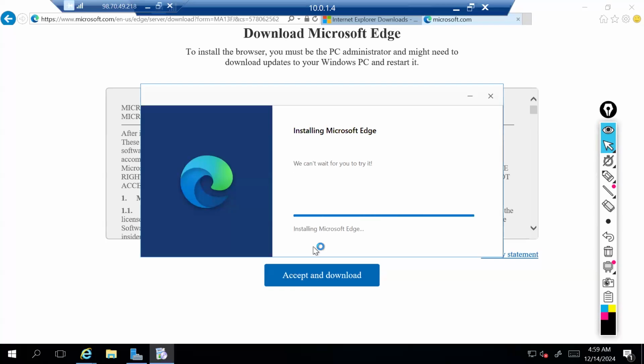Just waiting to download Edge, and then from there we'll download Storage Explorer, and from there we'll test out if our service endpoint is working or not.